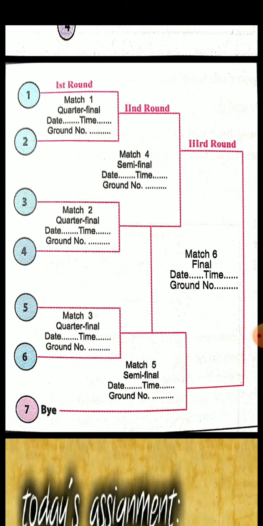that is team number 7. You can see in the first round we have matches in the upper half. There are 4 teams, from n plus 1 by 2, and in the lower half we have teams number 5, 6 and 7. We got it by n minus 1 upon 2, that is 6 by 2 is equal to 3. So in the upper half we have 4 teams and in the lower half 3 teams, and the last team, number 7, has got the bye. The first match is between team number 1 and 2, and they will qualify for the second round. The second match is between team number 3 and 4 in the upper half. The third match is between 5 and 6, and team number 7 has got the bye.